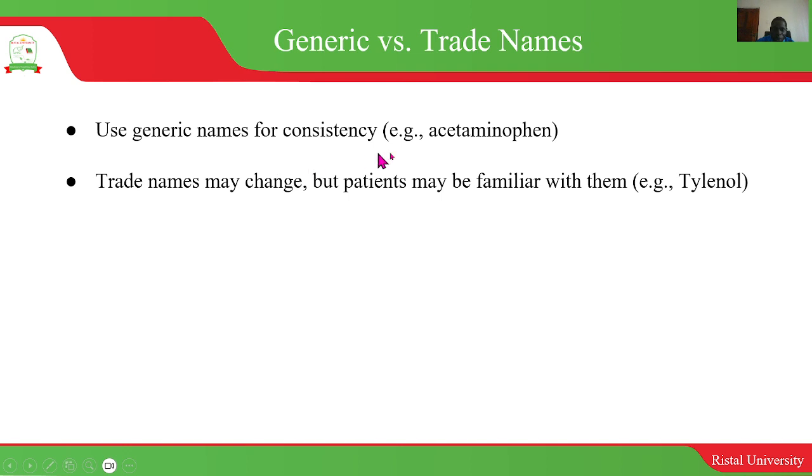So for example, we have acetaminophen. You might know this as the common paracetamol. It's actually the same constituent in the acetaminophen. The trade names may change, but patients may also be familiar with them. Back to trade names, you might also be familiar with aspirin. The name aspirin is actually a trade name, sorry. The generic name for aspirin is